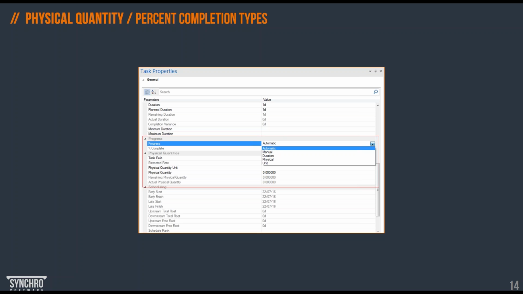Physical quantity is an alternative way of planning when duration of task is completely dependent on some kind of physical work, for example 200 cubic meters of concrete, but without having that resource assigned as yet. So it's a quick tool to start our planning efforts without the resources as yet. But we can still later on switch to a different type of calculation in the schedule.